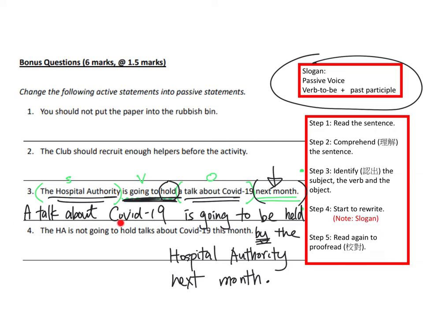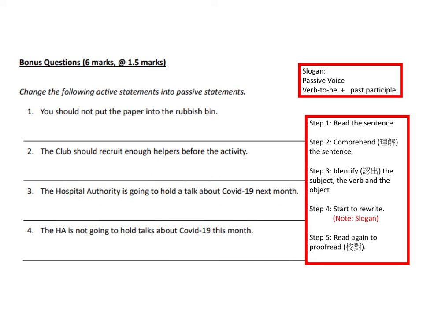Step 5. A talk about COVID-19 is going to be held by the hospital authority next month. 一個關於 COVID-19 嘅講座將會被醫管局舉辦,喺下一個月。又或者你可以寫成 A talk about COVID-19 is going to be held next month by the hospital authority,咁都可以㗎。